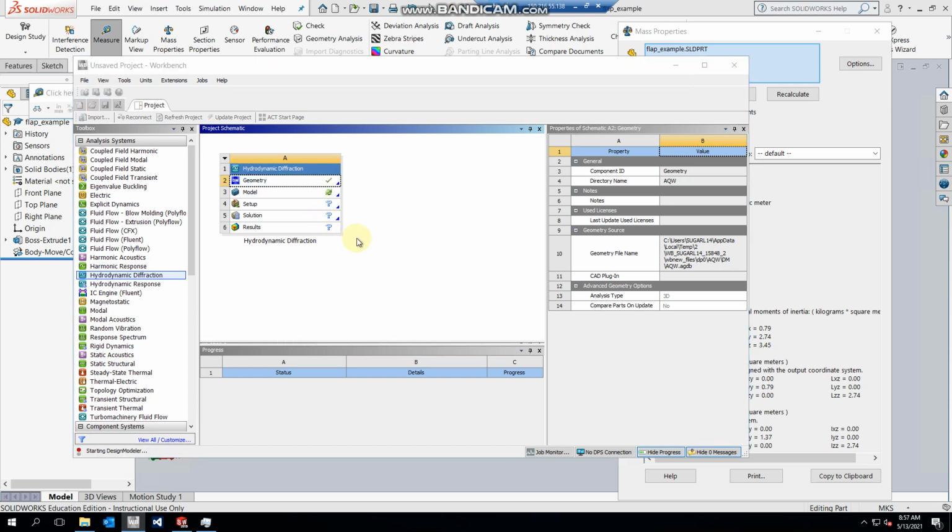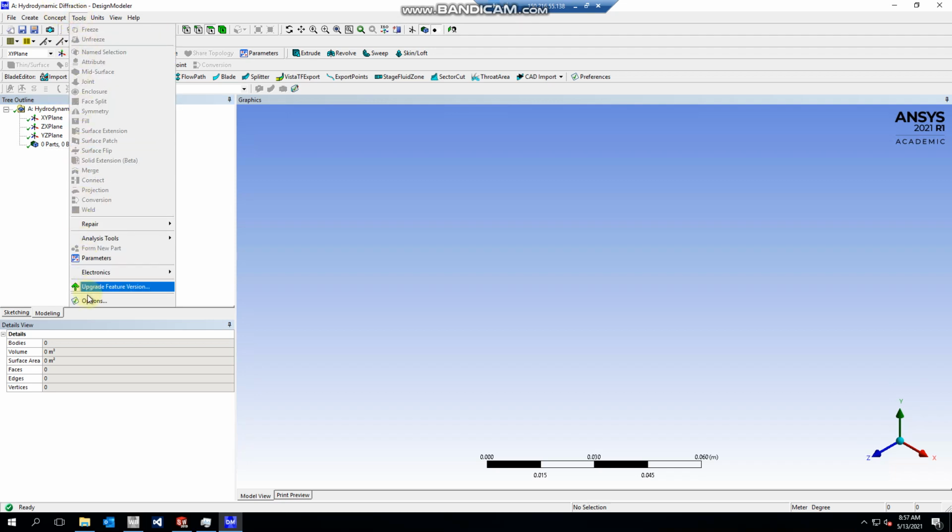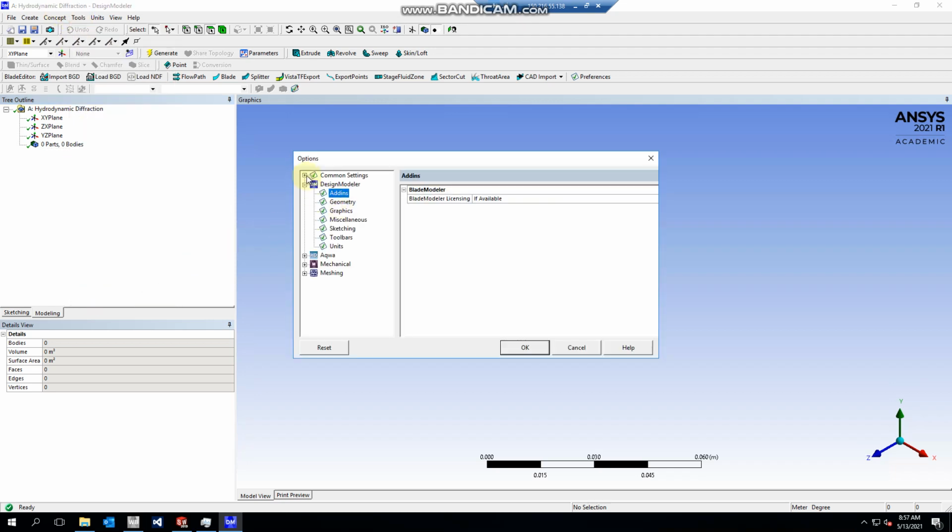Before we start editing stuff in Design Modeler, let's go ahead and set up some things that are going to help you a lot in the future. So first thing, come over to tools and then go to options. First thing, common settings, parallel processing. The number of processors is going to help the speed of your